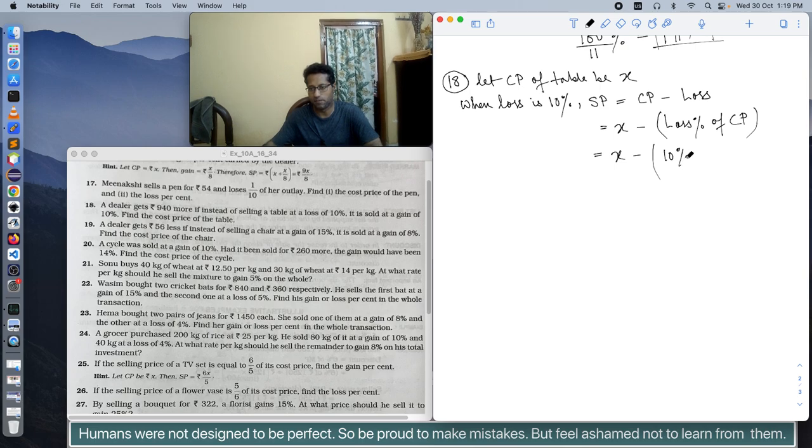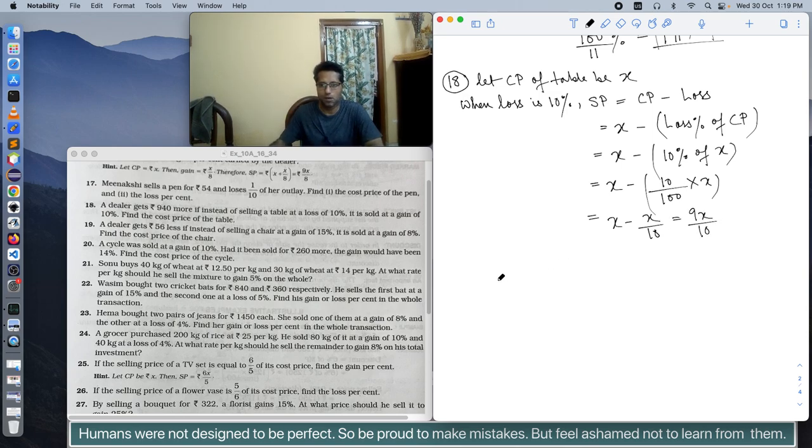So this will be 10% of X. This is equal to X minus 10% of X, which means 10 by 100 multiplied by X. This is equal to X minus X by 10. This is equal to 9X by 10. So the selling price is 9X by 10 when there is a loss of 10%. Okay. Now